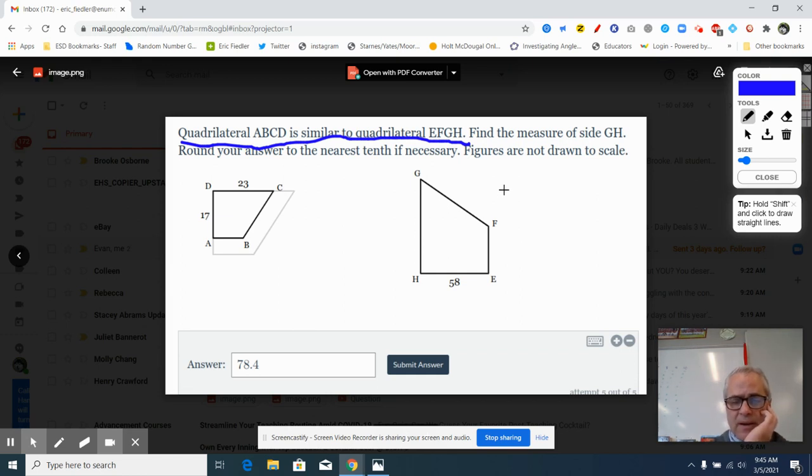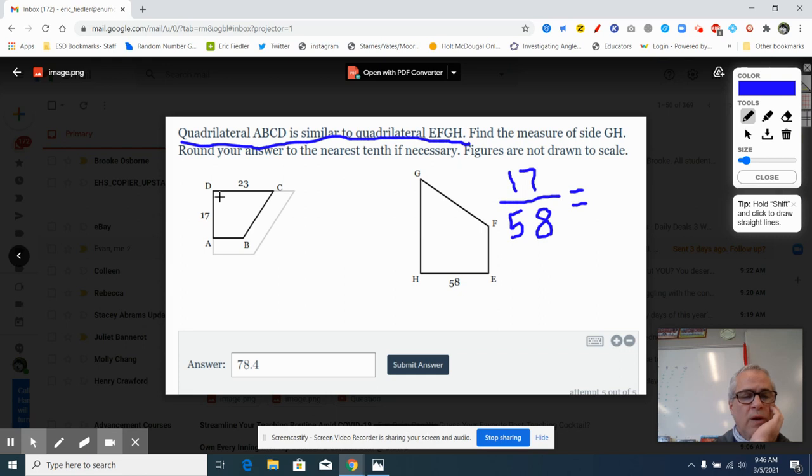So I write, and again, I'm still in the same thing. I write, and let's go small to big again, 17 over 58 is equal to,